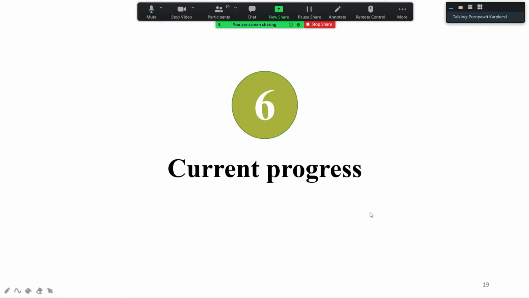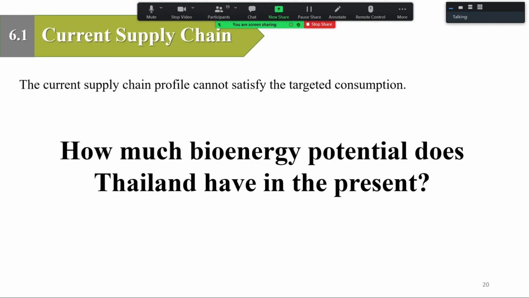Yes, and here is my current progress. What I know now is that with the current supply chain profile in Thailand, with the current amount of biomass and the current power plants' production capacity, they cannot satisfy the target consumption as we plan according to AEDP yet. So the question is, how much bioenergy potential does Thailand have at present? So to find this answer,